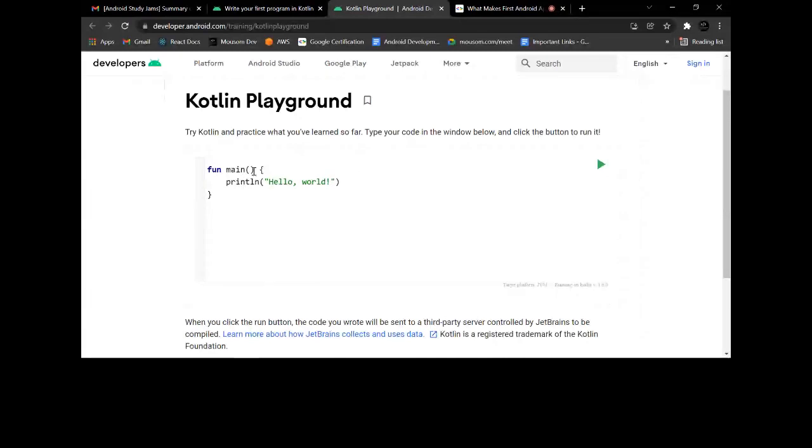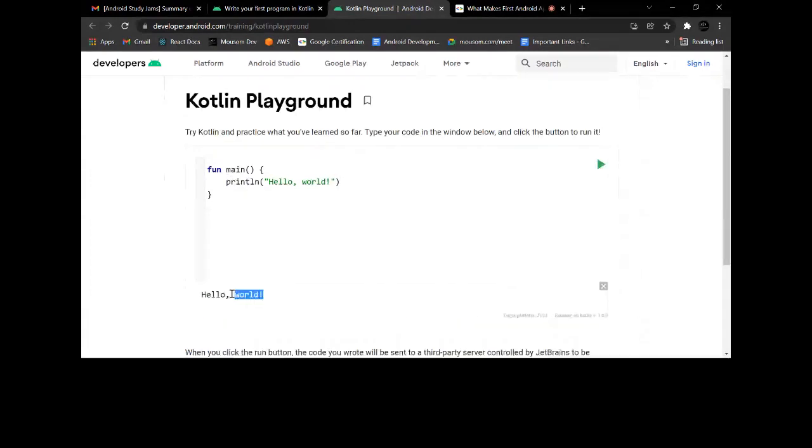In this there are curly braces, one starting and one ending. In between the curly braces, you can see a keyword written, println. This println means print a new line on your computer. When you click on that play button, you can see Hello World pop up.